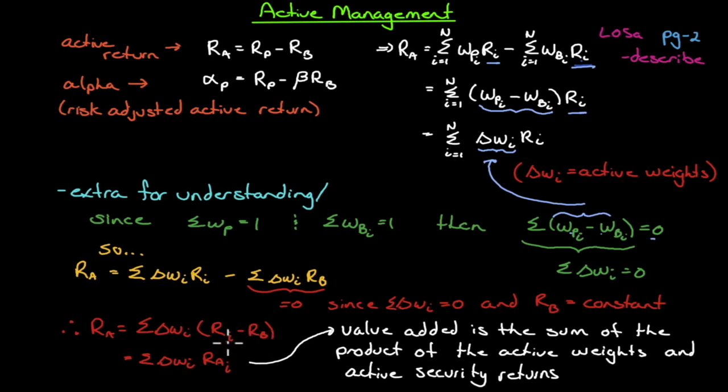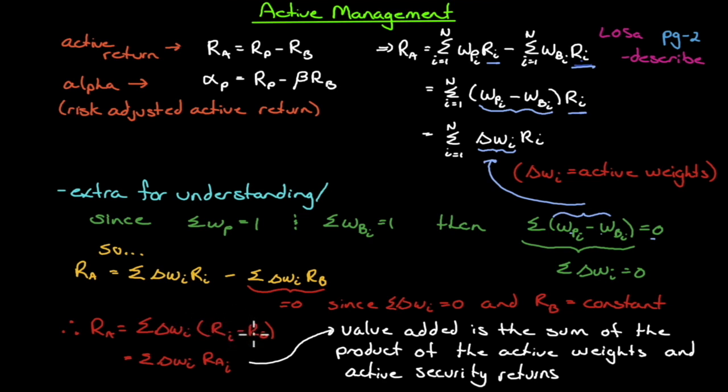Look at this term, the return on the particular asset minus the return on the benchmark. Under what condition would this be positive? The only condition is if we're looking at the individual security and it had an individual return that was greater than the average of all the returns in the benchmark, the benchmark return. So what this is saying is that active return comes from overweighting securities that will do better